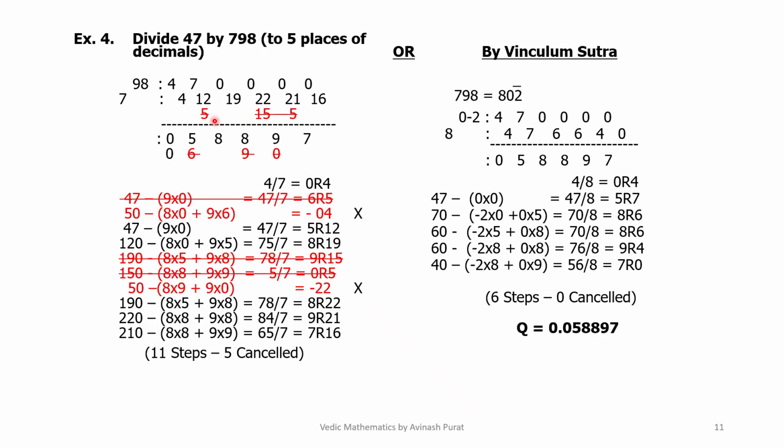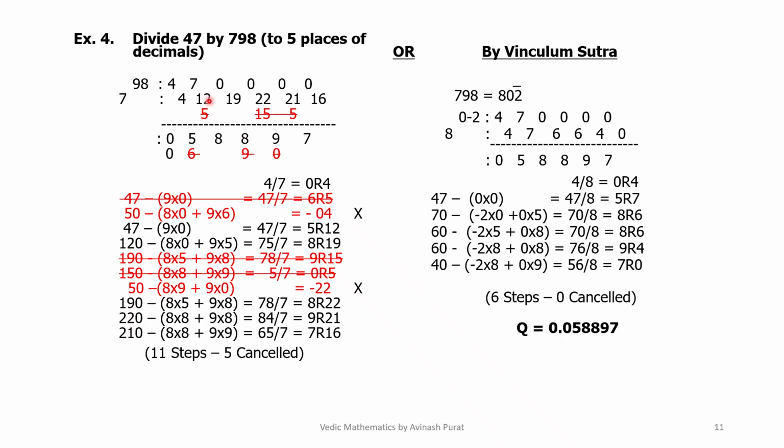But if we consider 6 as a quotient and 5 as remainder, 50 minus (8 into 0 plus 9 into 6), that is 9 into 6 is 54. So 50 minus 54 is minus 4, which is not possible. So we consider 47 minus 9 into 0, 47 by 7 equals 5 as quotient and